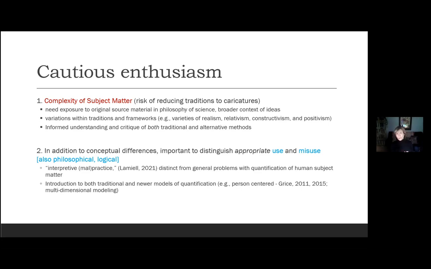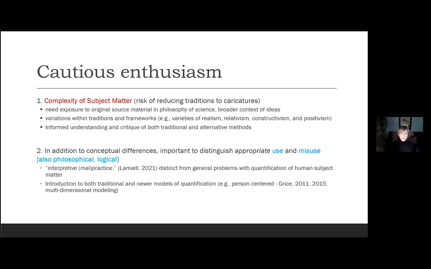And just from Neil's presentation, we could see quite easily that in addition to just conceptual framework understandings, it's important to really focus on the misuses of logic, appropriate uses and misuses of statistical methods, for example, what Lamiel recently called interpretive malpractice. This is distinct, I think, from the general problems with quantification of human phenomena